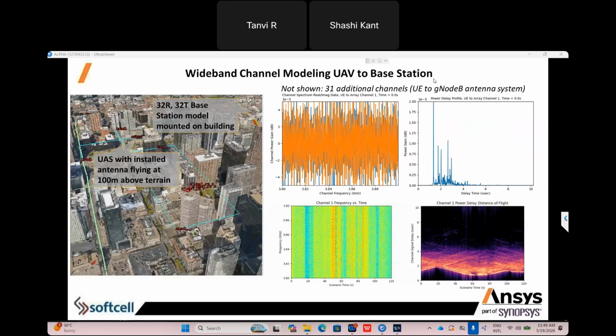And this is wideband channel modeling, UAV to base station. We want to understand here about the channels, how the response is coming from the station, to track the position of the eVTOL, the frequency or power delay, and what is happening there. Power gain is happening in terms of the link. All these things can be captured in virtual simulation.